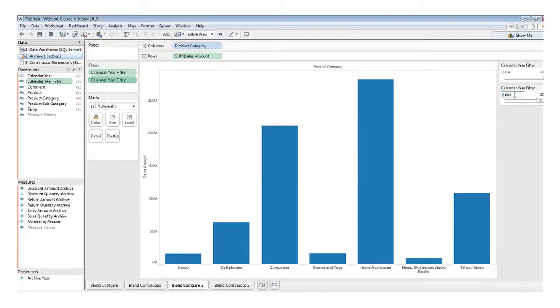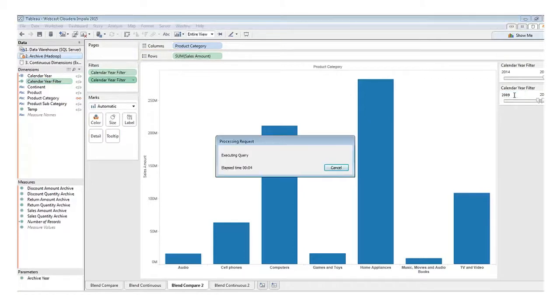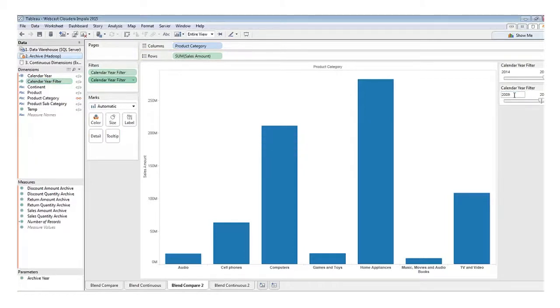So you'll see that it's taking a couple of seconds to query this data. We actually have 100 million rows in our Hadoop connection. So given the data volumes, we're actually getting very, very fast performance here. So now that I've filtered that down to 2009, our data warehouse data hasn't actually filtered because we haven't filtered that particular connection. However, if I now pull on my sales amount from my archive,